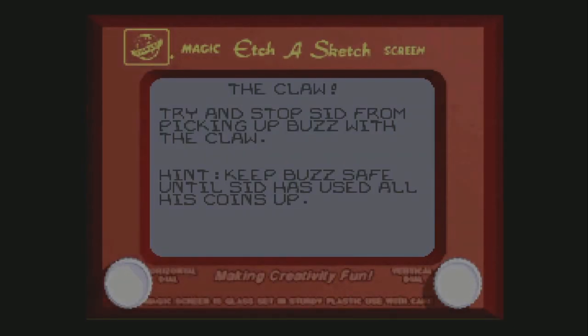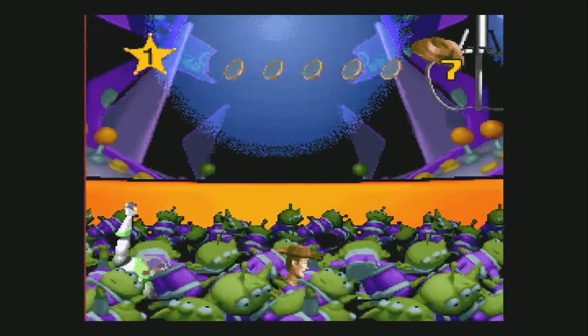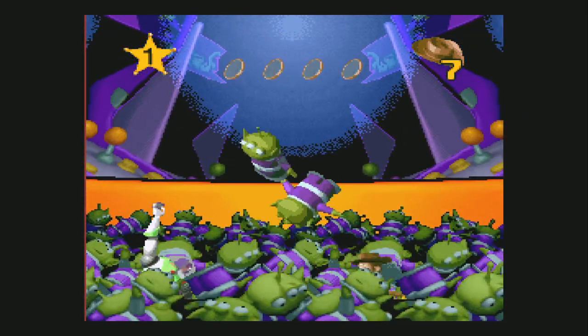And now we get to maybe the most iconic scene from the movie, the claw. The claw decides who will go and who will stay. And indeed, it is going to decide. So now what you must do is fend off the claw as Sid is dropping his tokens in, and you're going to do it very similarly to how you...